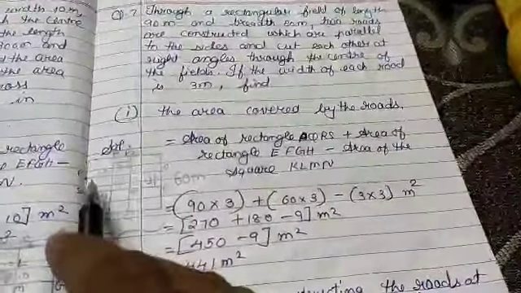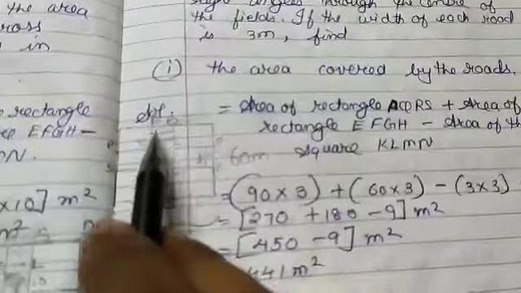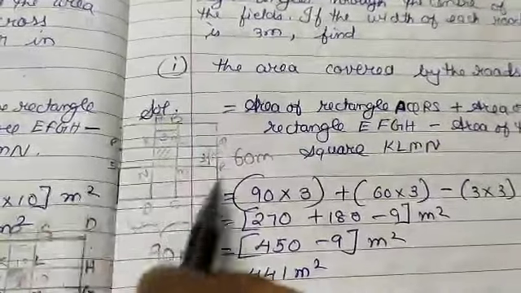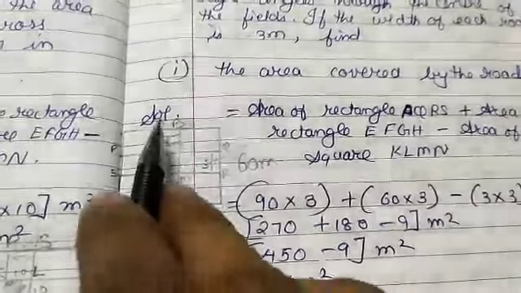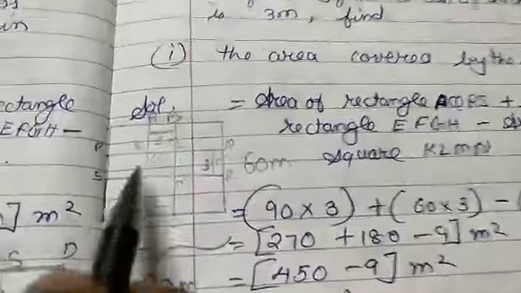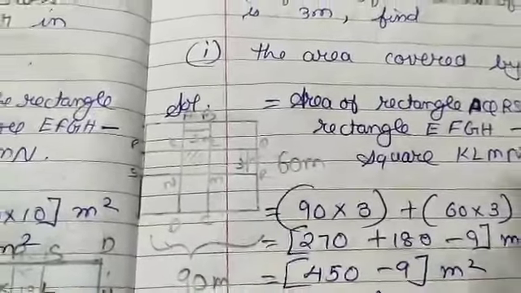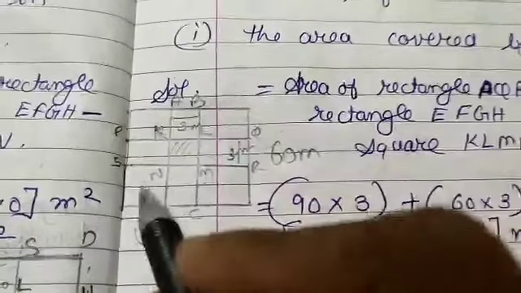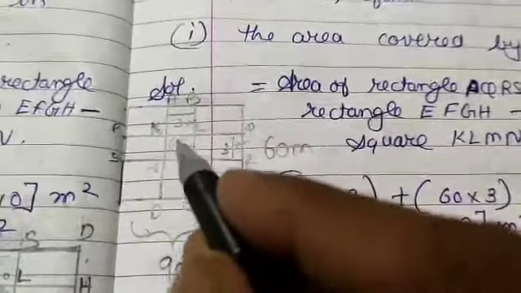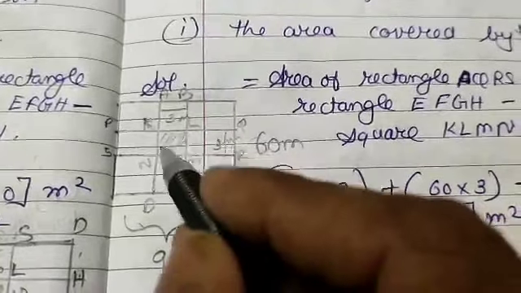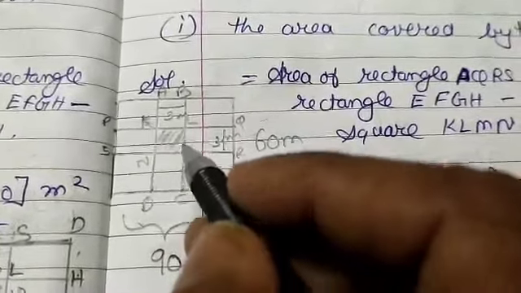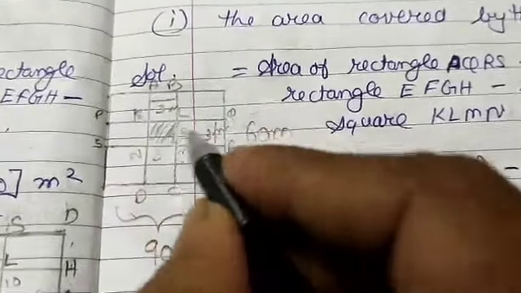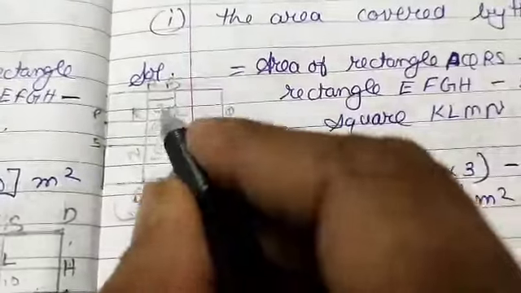So what we'll do, we'll find the area. See, I had given the name of the roads, that is ABCD and PQRS, 2 crossroads. See, we need to find the area of ABCD and PQRS. From that, see, wherever the roads intersect, they overlap each other. So I had named it as KLMN. So from the area of both the roads, I will subtract the area of overlapping. This is the overlapping area. And what will be the length and breadth of the overlapping area? 3 and 3. Because see, the length from here is 3, breadth also 3.